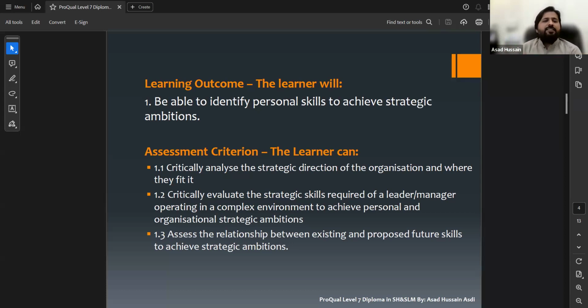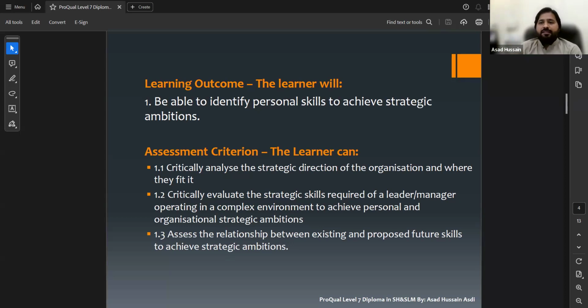For this assessment criteria, critical analysis of strategic direction of the organization, you have to check the organization's strategic plan. You can share what type of plan the organization has.